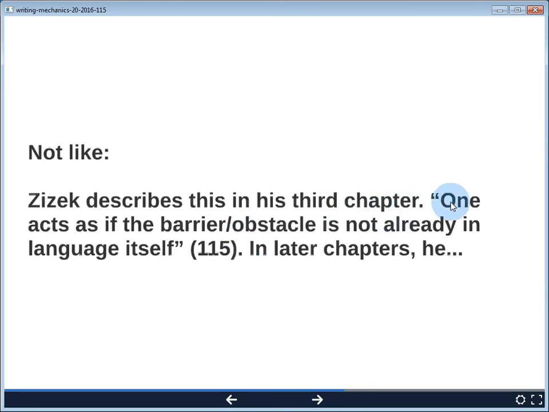This quote has been entirely abandoned. It's not built into the flow of my writing. It's entirely without context. I've started up the next paragraph or the next sentence here, "In later chapters," etc. Don't do this. There are a couple of good reasons why you shouldn't do this. First,